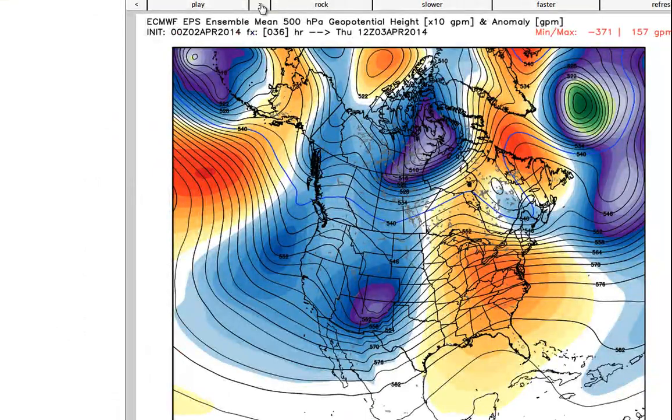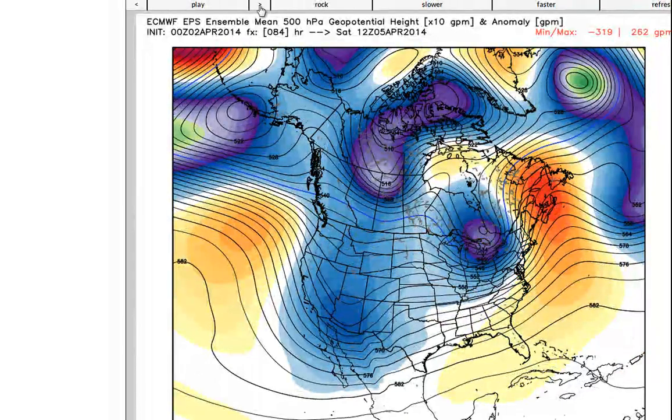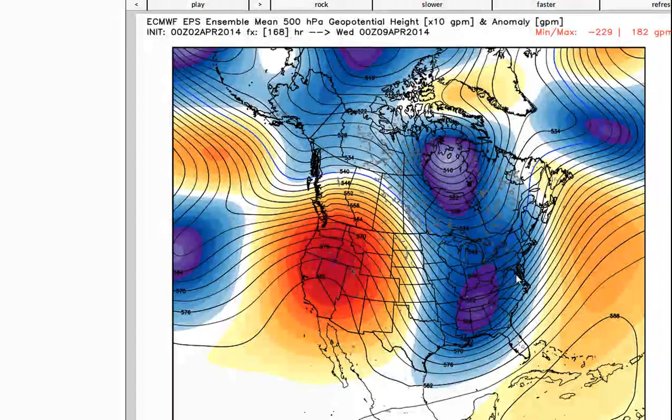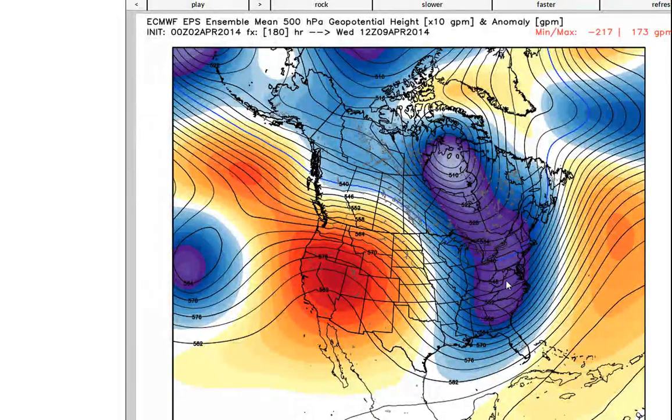Taking a look now at the longer term pattern I've been talking about next week. So here's a little system that comes through this weekend. It's going to bring down a trough into the eastern third of the country, and a storm should develop somewhere in the eastern third. We have a supporting ridge in the west. We have a little bit of a block, but nothing crazy. What I think is going to happen is we're going to see a storm that's going to develop here. It's going to run up over our area, redevelop here, and give interior snows to New England in the middle of next week. I don't think we're going to see any snow, but it's still a winter-like pattern because it's April.